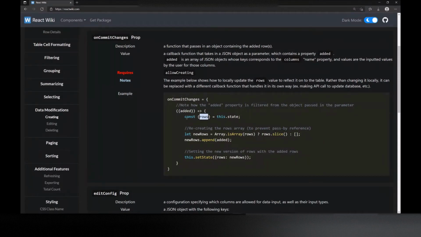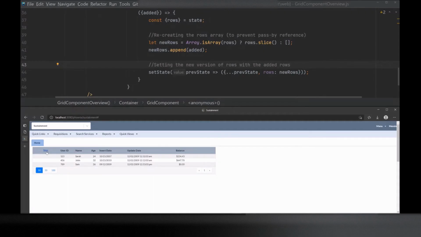And it's taking the current state of the rows and it recreates that. And all it's doing is just appending this new thing that we added into the new version of the rows and then setting it back to the state. So as you can see here, there's a new column now that allows us to click it and create new rows. So if we click this, as you can see now we can add a new row